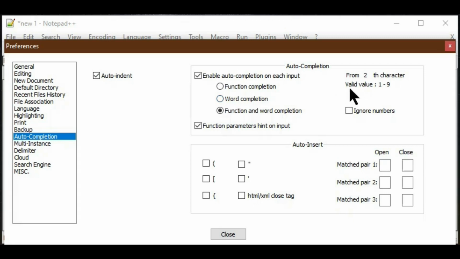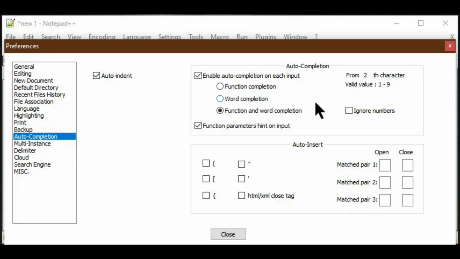Suppose I put one character and I type a letter, automatically it shows hundreds of keywords starting with that letter. Sometimes it is difficult to select what we require. For that reason, we may go for some filtration, from the second, third or fourth character onwards. Based on our experience, we can set this.